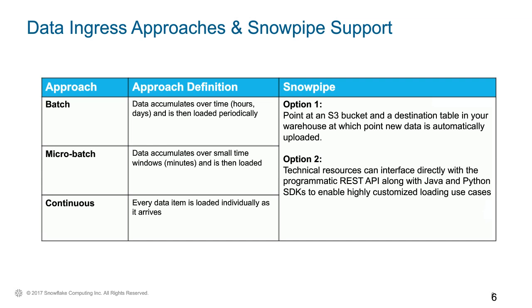So with a continuous loading approach like Snowpipe, what you would want to do is have a data-driven way for new data to arrive in Snowflake in your target tables. And with Snowpipe, we are essentially offering you two different options. I'll explain them in the following slides in a little bit more detail.